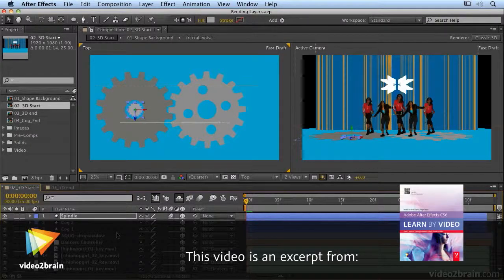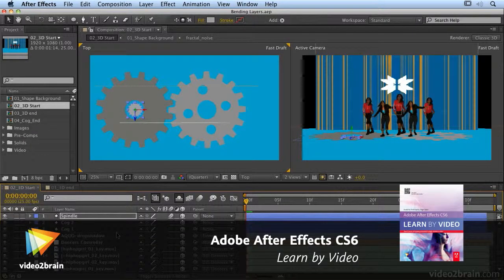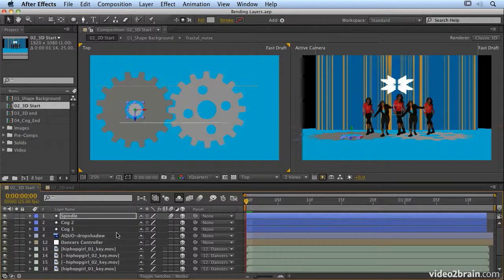After Effects CS6 introduced real 3D geometry to After Effects, and now layers can be bent and extruded, and this opens up a whole new way of animating in After Effects. Now, certain layers can be bent, certain layers can be extruded, and we're going to start by having a look